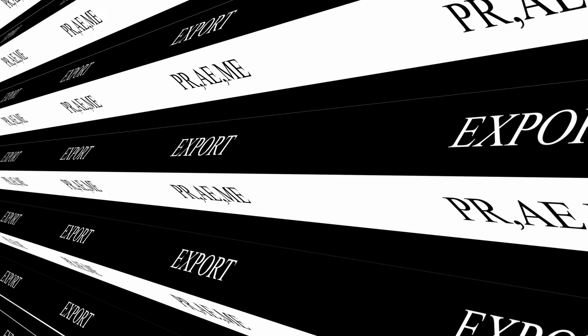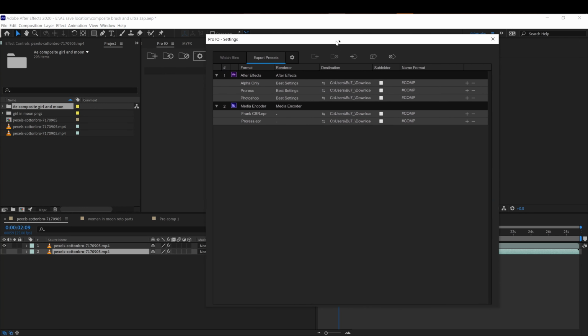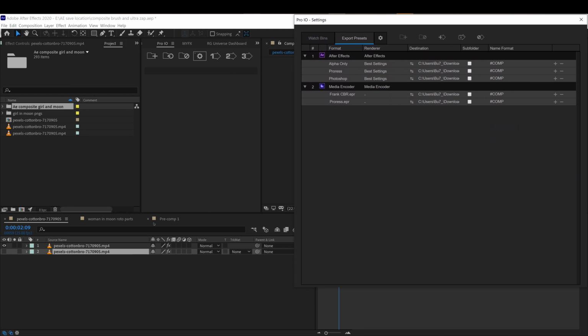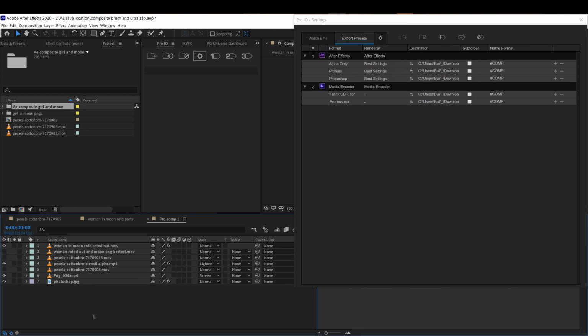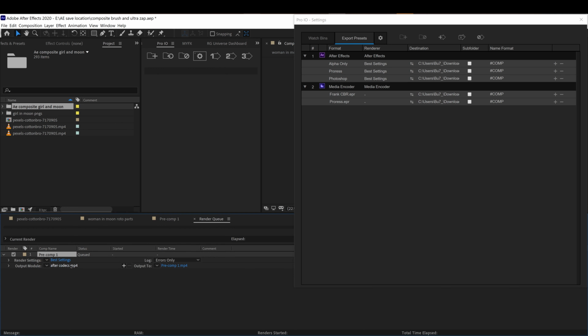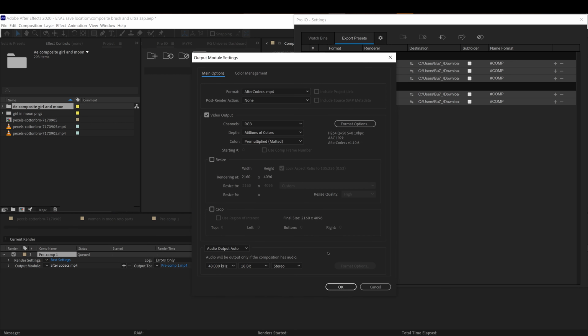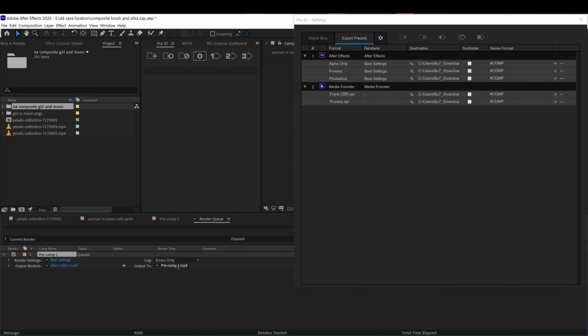Okay, the next thing I wanted to show you is the export settings. So each time you export, you need to go ahead and pretty much assign the type of codec you want and the location where you want to save it to. And I mean, if you're going to do that each time, you already know where you want to save everything as. So I've assigned export presets, such as I can all with one click just